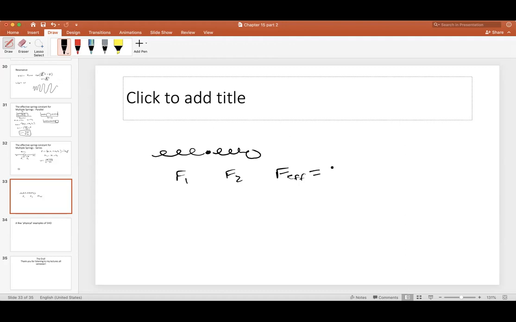And the effective force is going to be K effective times delta X. But this is K1 X1 and this is K2 X2, right? So we know that delta x has to be x1 plus x2, right? And the forces all have to be the same. So we know that k1 x1 plus k2 x2 has to equal k effective